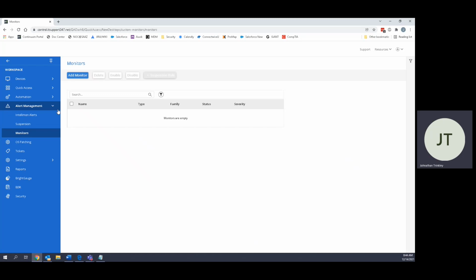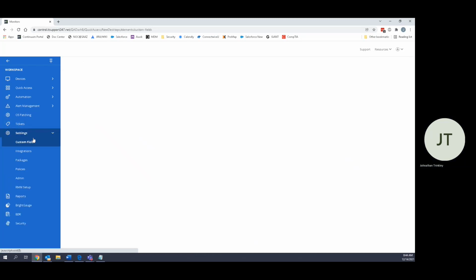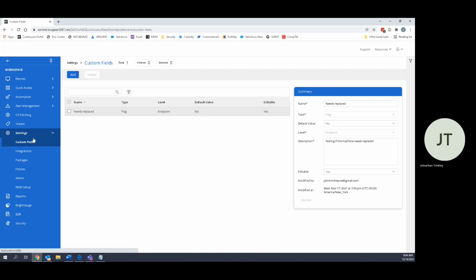Now let's segue on the left side here to settings and custom fields. So custom fields: the RMM agent collects a tremendous amount of data from the machine, data that you can see inside of the devices and computers page. However, there are going to be times where you need to track or get information about a machine that we don't collect. So what we can do with that is create a custom field